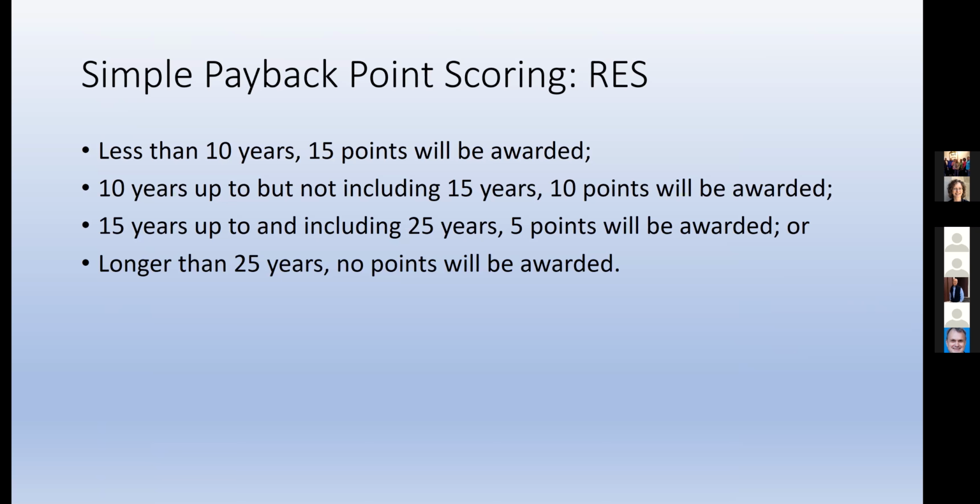So in the previous example, we saw it was 5.5 years for the payback. So you'd be less than 10 years, so you'd get 15 points awarded. If you're 10 through 14 years, you get 10 points awarded for the payback to occur. If it's 15 through 25 years, you get 5 points, and longer than 25 years,